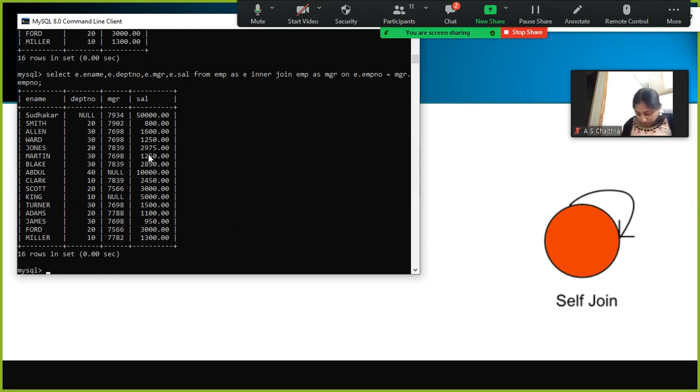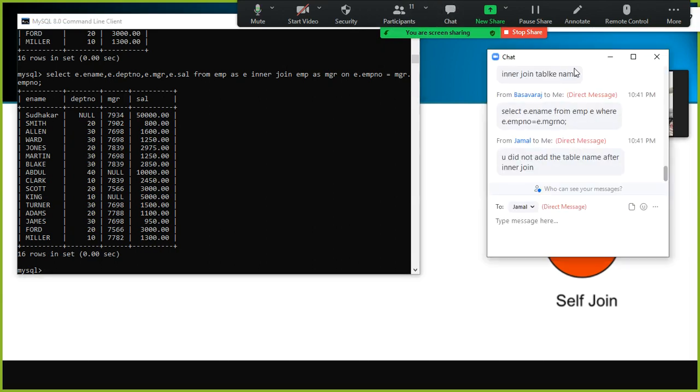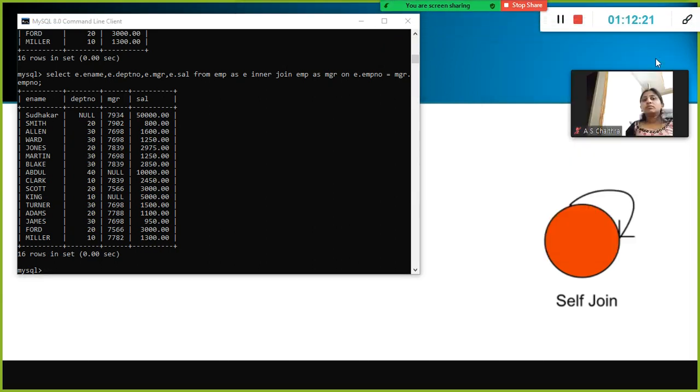Sudhagar is reporting to this manager ID, and Smith, each employee's manager ID we can see here, right? So that we get to know which employees are reporting to which manager. Yeah, so I did not add that, that is the mistake I made. I did it intentionally to check how well you are observing it. Because yesterday itself we tried that one, right? We displayed it.